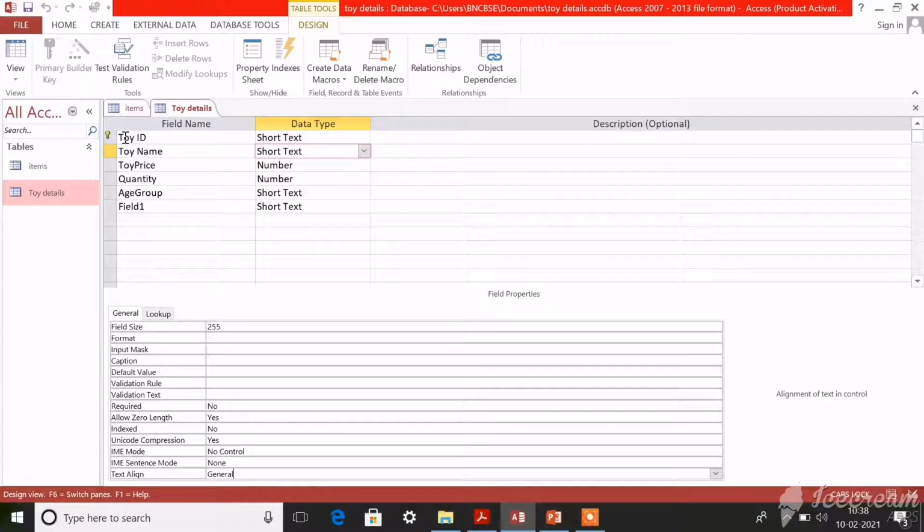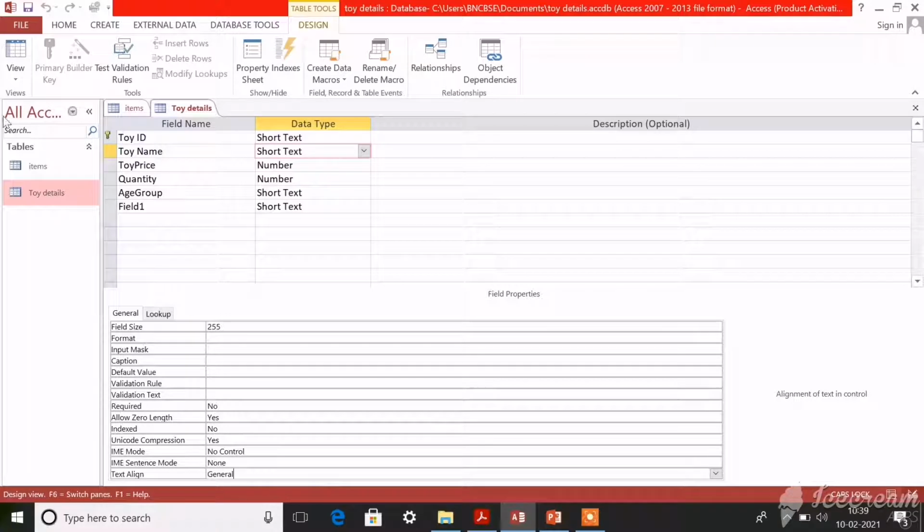So in a datasheet, what is a row called? You remember? Okay, it is called a record, isn't it? Yeah, a row is called a record and a column is called a field in a database.